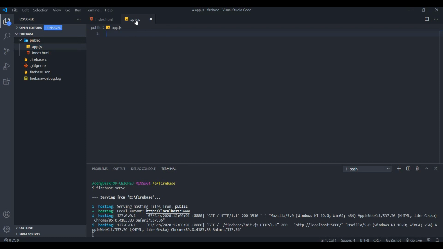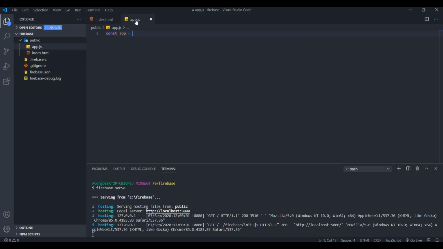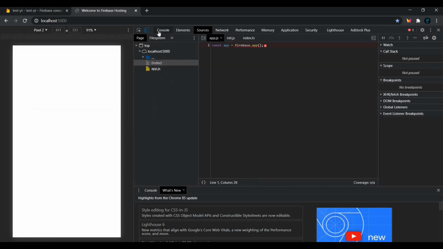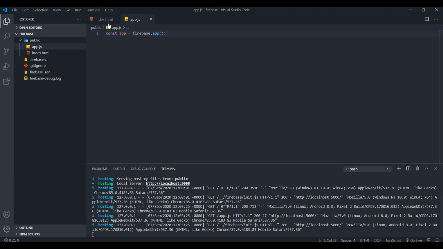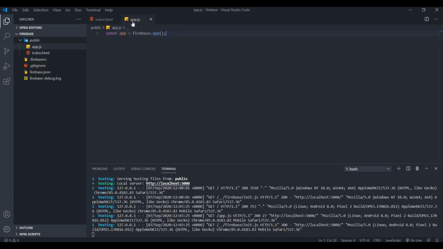Let's use const app equals firebase.app, and then run it. Reload this page. It will give you the error that firebase is not defined, because this app.js is being executed before these files are imported. So to fix that,